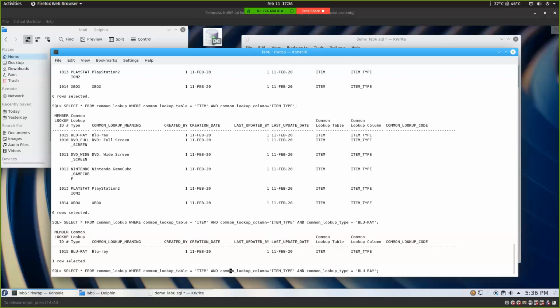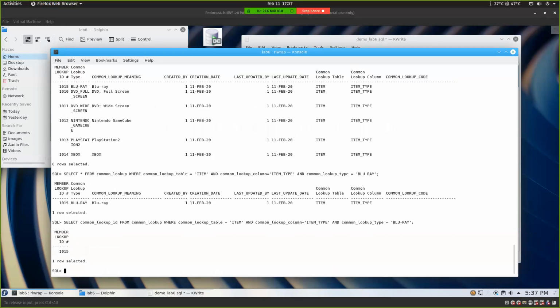Now, the only thing is instead of selecting all the data out of that row, we only want one thing, and that is our common lookup ID. And then when we get one value only, then we know that our query is ready, and we know that it references our Blu-ray because we did that. So that's kind of my process for building my subquery. So whenever you need to do a subquery, jump in a terminal, run the select statement, get your subquery built, and then what I could do is I could just take,